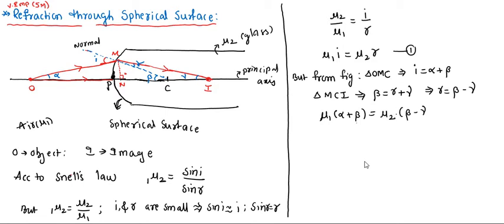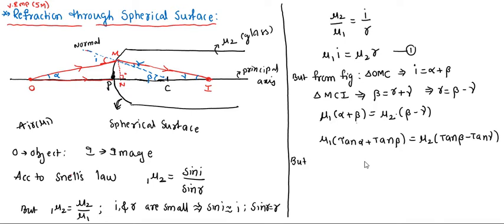But when alpha, beta, gamma values are small, then alpha we write as tan alpha and beta we write as tan beta. That means because tan alpha equals alpha, tan beta equals beta, we write them like that if they are very small. Tan beta minus tan gamma we write. But what is tan alpha from the figure? Okay, we have to take